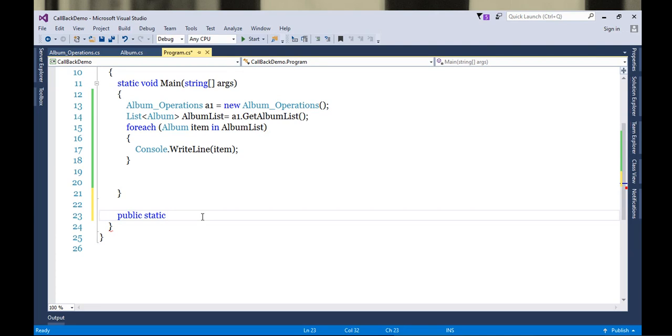Now what is this filter method going to return? This filter method is going to return true or false, meaning whether the criteria is fulfilled or not. So if ratings are greater than 4, we'll be returning true. If ratings are less than 4, we'll be returning false. So Boolean will be the return type. Let's name it as filter album list. And what will this be taking as an argument? Album.